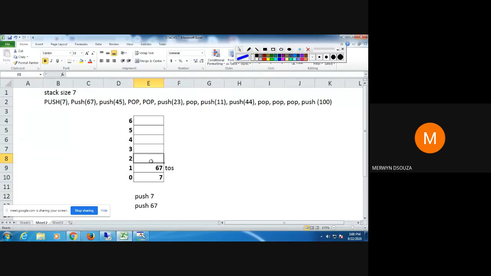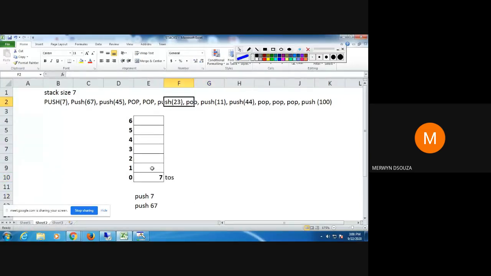Then push 45, 45 is here, top of the stack is incremented, and I'm doing pop. So this gets deleted, top of the stack comes down, and again pop, this gets deleted, top of the stack comes down.